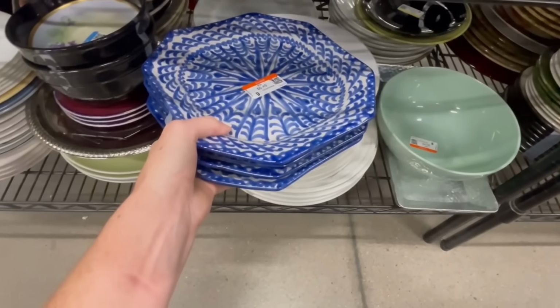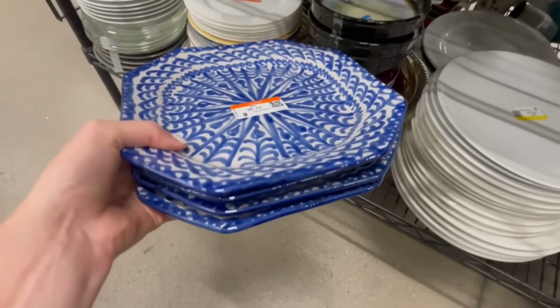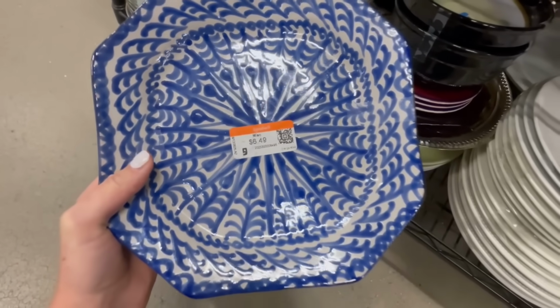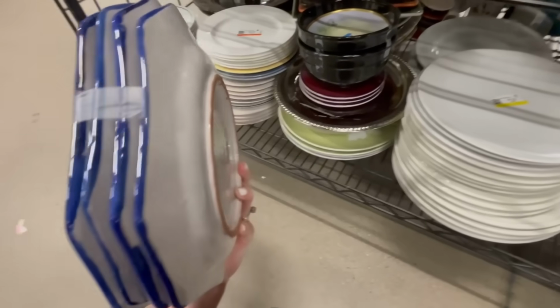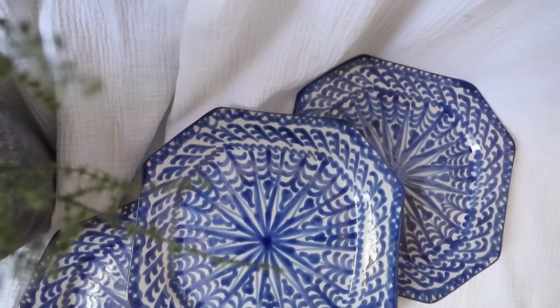I found these beautiful hand-painted plates for less than $1 a piece. I got them on the 50% off day, so they were selling a set of 4 for $6.50. So I got a set of 8 for $6.50, which is insane. I thought that these would be really beautiful to even display maybe on a wall with some little plate hangers,